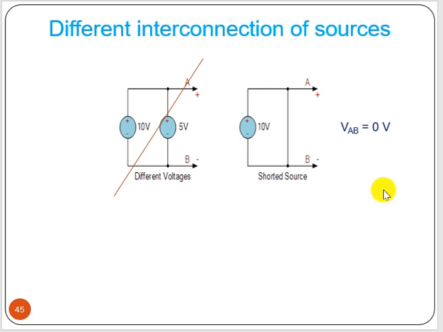And this is another main point you have to take care of in many circuits. Suppose there is a voltage source and it is shorted in parallel. Shorted means the voltage across VAB becomes 0. The short circuit means resistance equal to 0, whatever the current flowing, IR equal to 0, because R becomes 0. Now, if you short circuit, this voltage source has no effect. It becomes short circuited, or its value becomes 0.